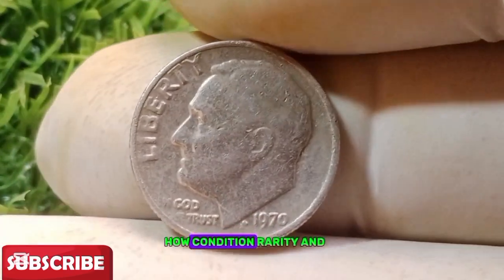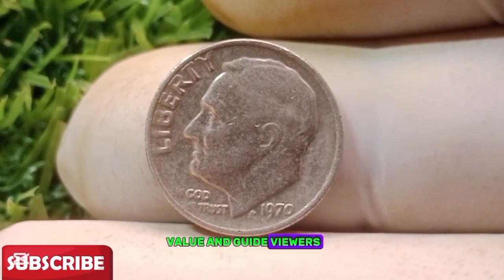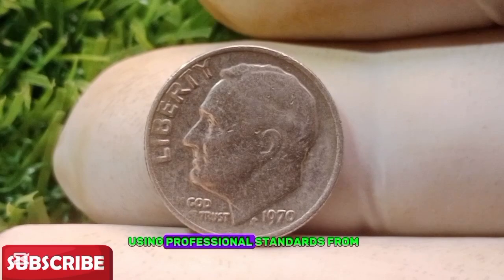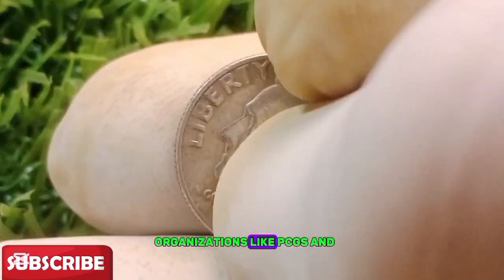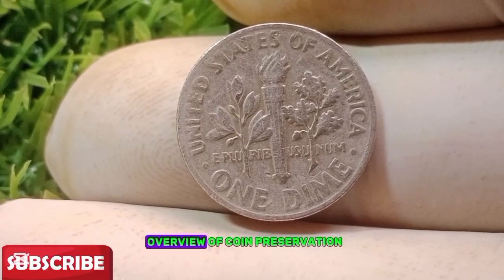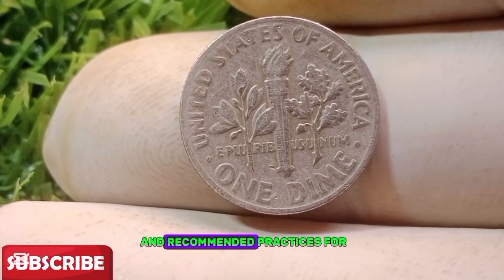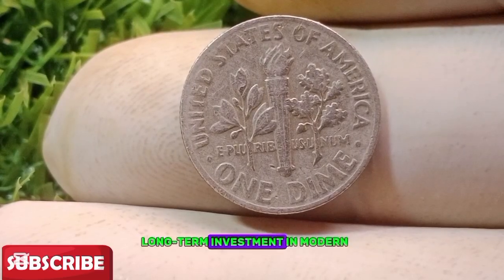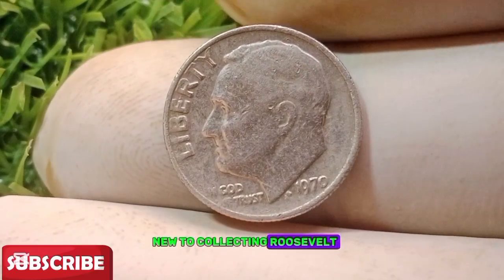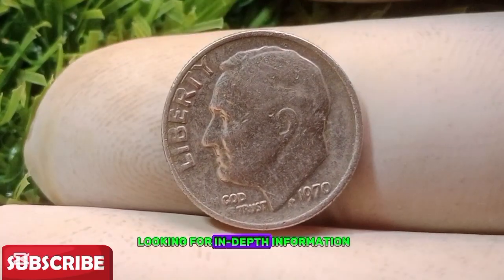We will discuss how condition, rarity, and provenance affect their value and guide viewers on how to identify and grade their own dimes using professional standards from organizations like PCGS and NGC. We will also offer a detailed overview of coin preservation techniques, storage tips, and recommended practices for long-term investment in modern-era coinage. So whether you are new to collecting Roosevelt dimes or an experienced numismatist looking for in-depth information on